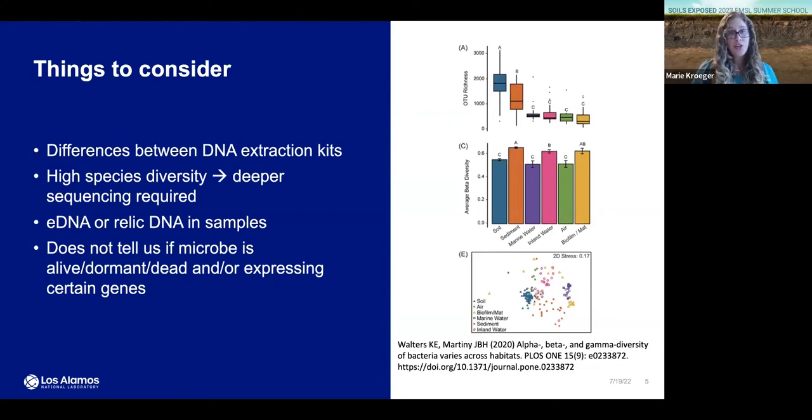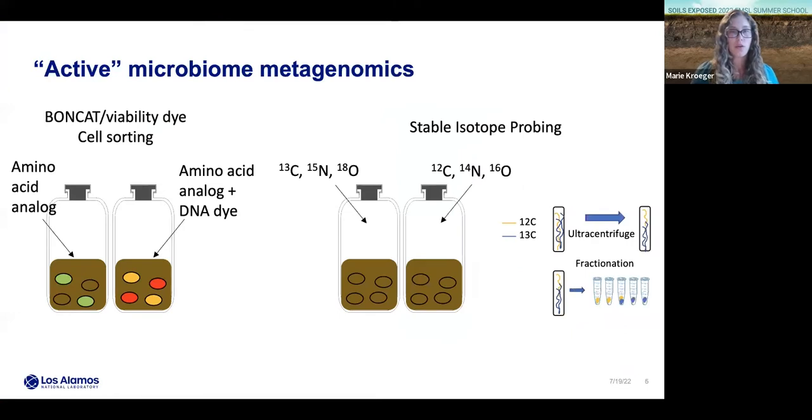However, you can actually get to that aspect of whether a microbe is alive and expressing those genes if you combine metagenomics with some other techniques that I want to highlight for you. So first off, there's a really exciting new technique that maybe you've heard of called BONCAT. And hopefully I won't butcher this, but it's bioorthogonal non-canonical amino acid tagging, but just call it BONCAT. And you can use this technique or other viability dyes to be able to identify the active fraction of your